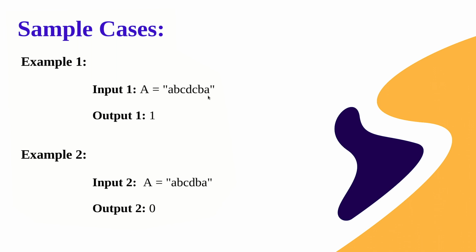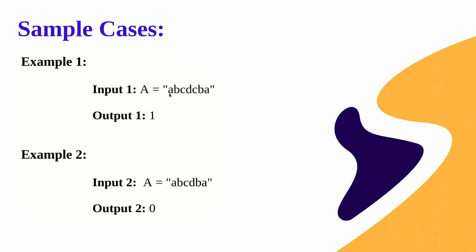Just think about it for a while. Checking the first character from here and the first character from here is the same as checking the first character of the reverse string. So we compare it character by character in this fashion, that is, the leftmost and the rightmost character, then the second leftmost and the second rightmost character, and so on. Okay, so this is another perspective or another approach to identify whether the given string is palindrome or not.